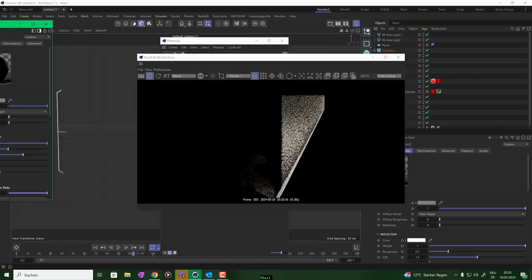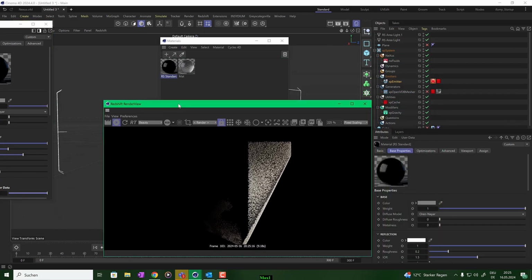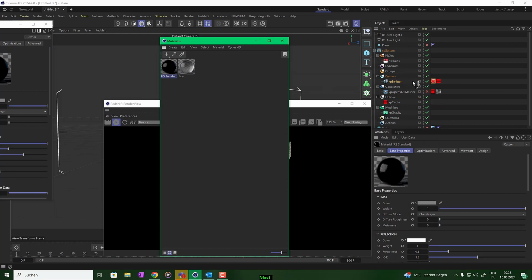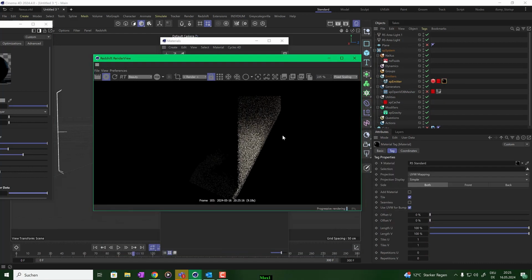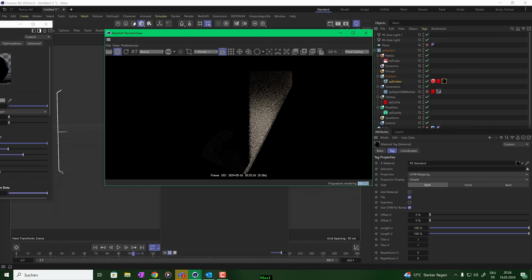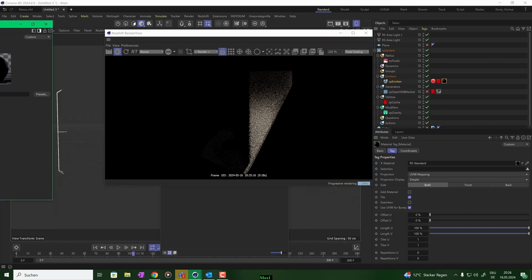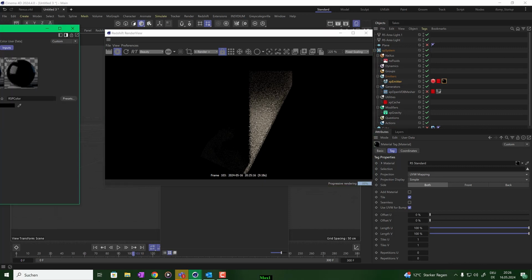Okay, and of course you see nothing because we have to apply the material to the XP emitter. Sorry for that, but here we go. Now you see this is the white particles. Here they are fast, here they slow down, and here they are moving. This is the fake foam we like to have, and because of the transmission color, we like to